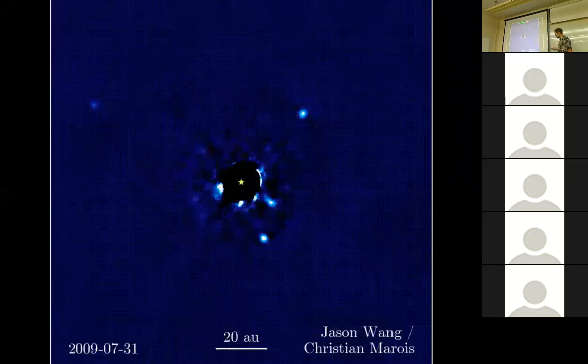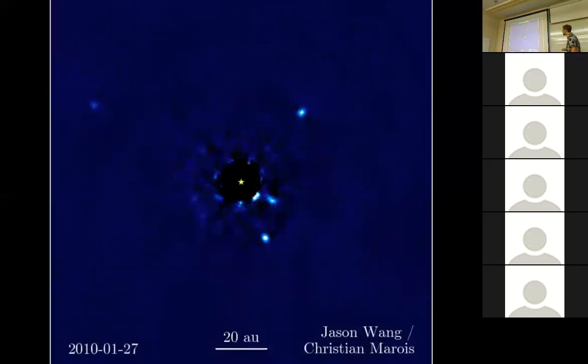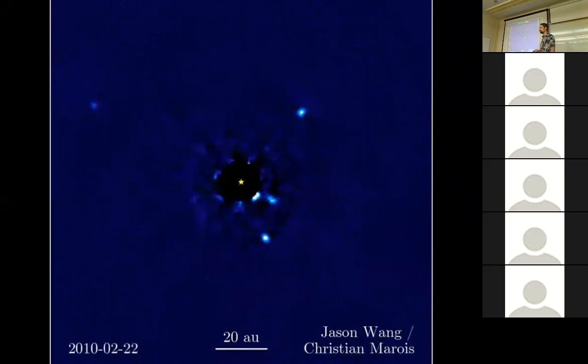This is actually one of the most famous direct imaging systems, HR8799, also shown here. We've now been monitoring the system for so long that we can actually make a movie of planets orbiting another star. So this is real data. This is not an animation or an artist's conception. This is HR8799 in the middle, blocked out, so you can't see the light. And these are 4 planets that are orbiting it over a time span of something like 6 years. You see the counter on the bottom left.